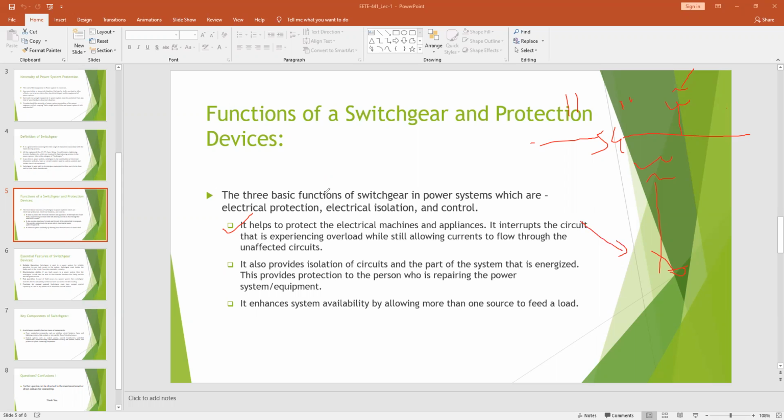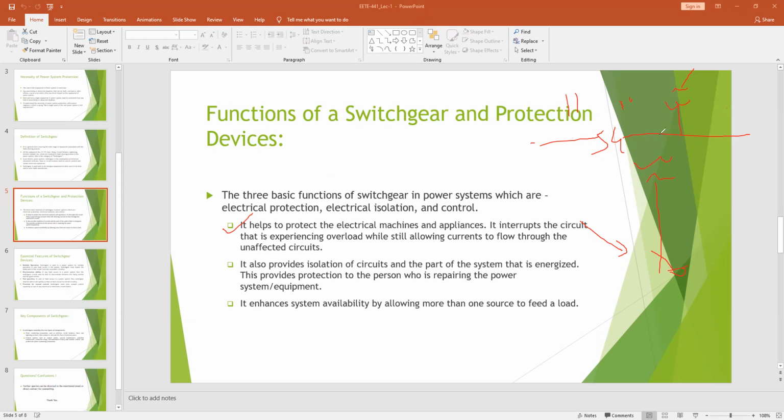Then what does he do? He removes the fault, he clears the fault, and eventually makes the transmission line or distribution line, or whatever power system you are protecting, quite normal again. Now, these maintenance people have to work directly on the power system to remove the fault, isn't it?